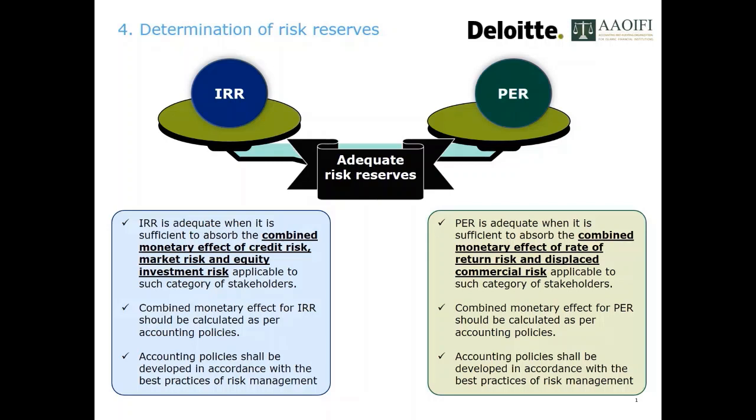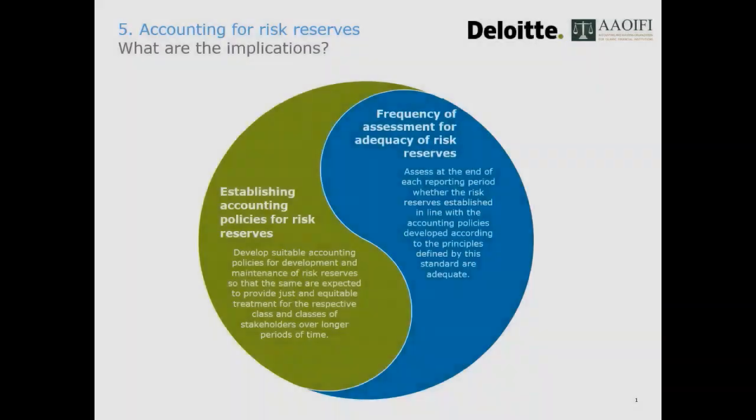Well, an Islamic financial institution should assess at the end of each reporting period whether the risk reserves established in line with the accounting policies as well as principles defined by FAS 30 are adequate. Now that we have covered the adequacy of the risk reserves, could you please share with us the accounting implications relating to risk reserves? Okay, referring to slide 8,